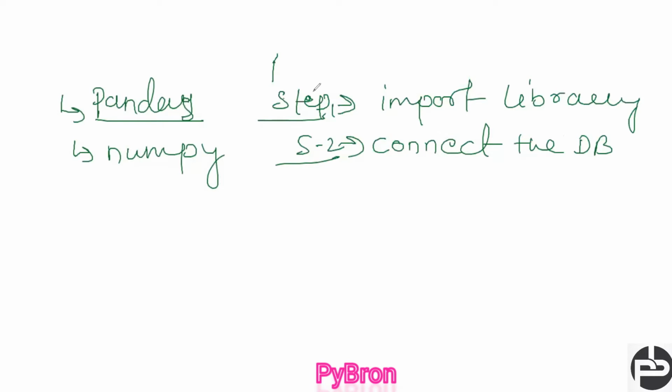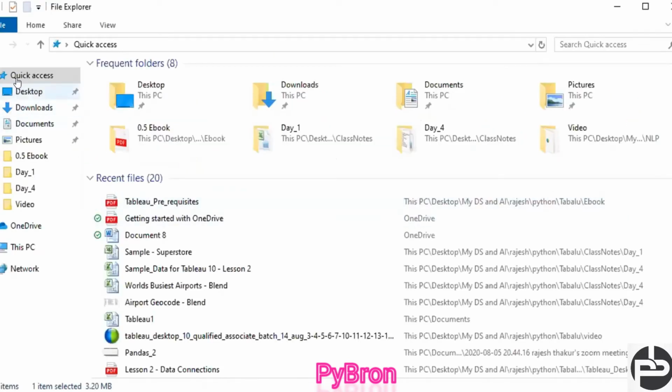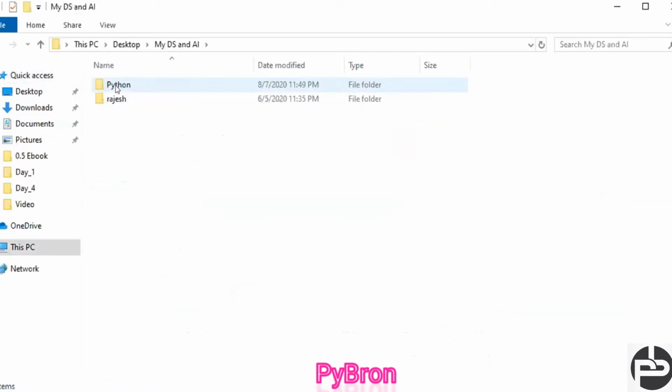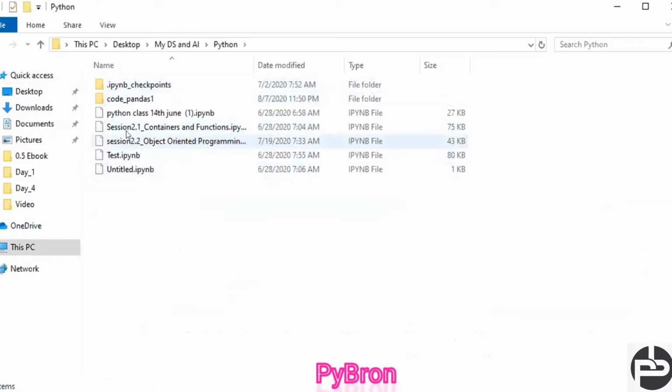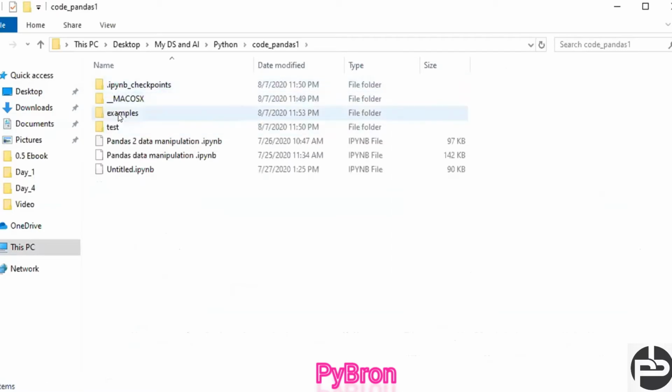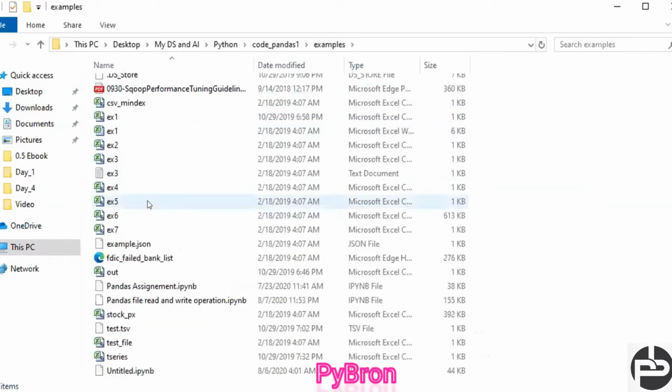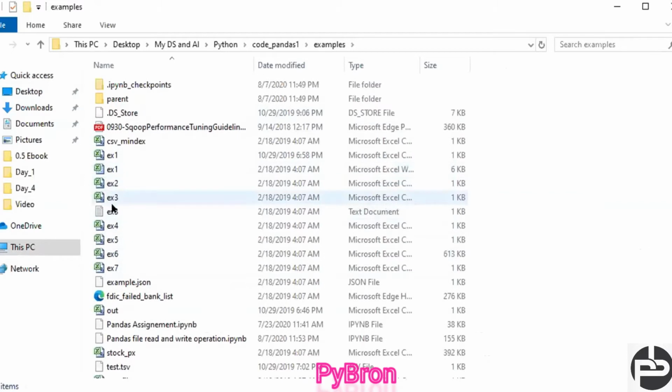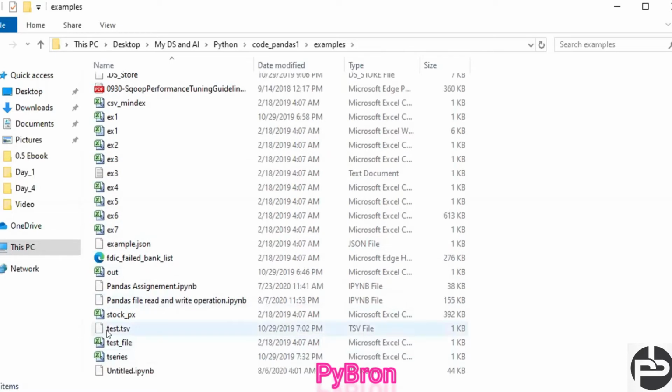This is the desktop, and if you go into the Python folder, you can see I have different kinds of files: an Excel file, a CSV file, and a JSON file. JSON, for those who know it, is a kind of key-value pair storage. And a TSV file.